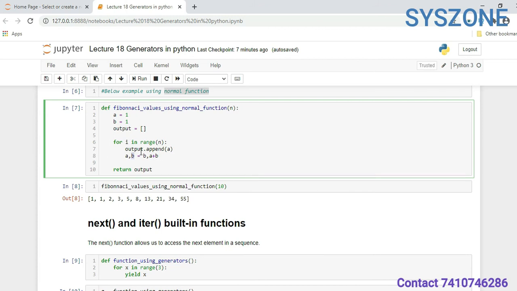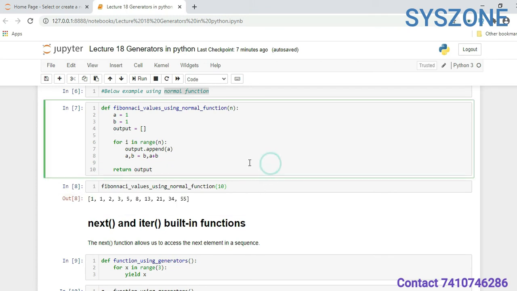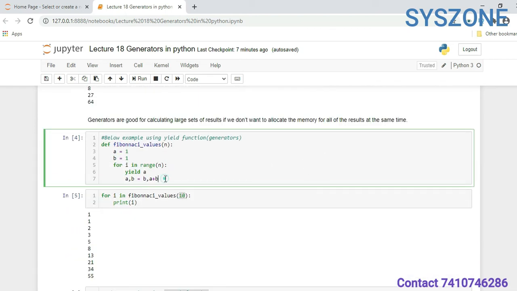At the end we will return it. When I call this function, the value of n is 10 and it will return the values in this format. So if you observe, this is my normal function for creating a Fibonacci series, and here we are creating a Fibonacci series using the generator or yield keyword.